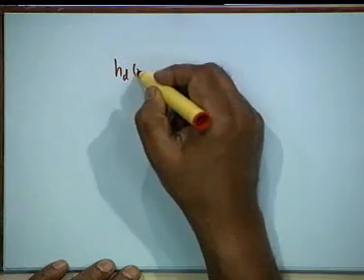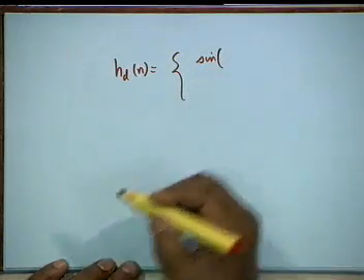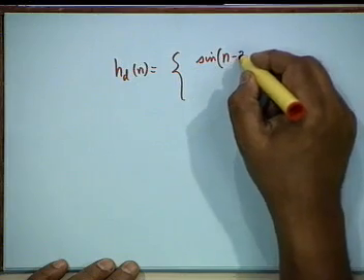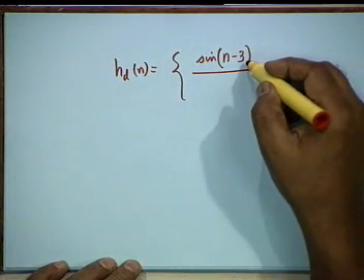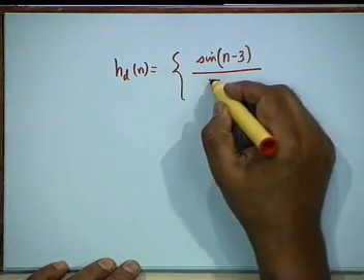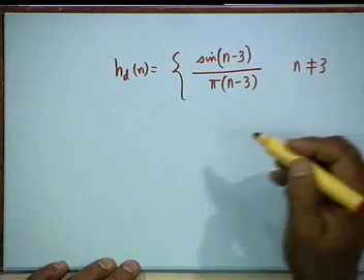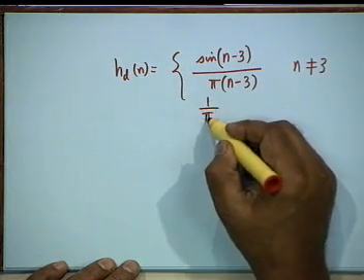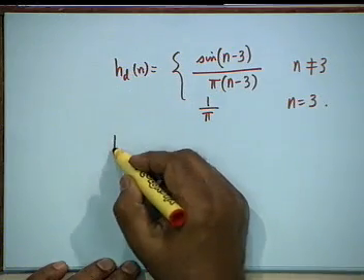In this particular case, h_d[n] would be equal to sine of (n minus tau) omega_p, tau is 3, divided by pi multiplied by (n minus 3), but omega_p has been assumed to be 1, for n not equal to 3, and it would be equal to omega_p by pi for n equal to 3,